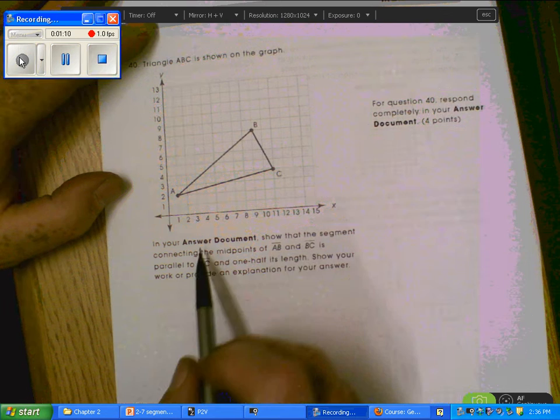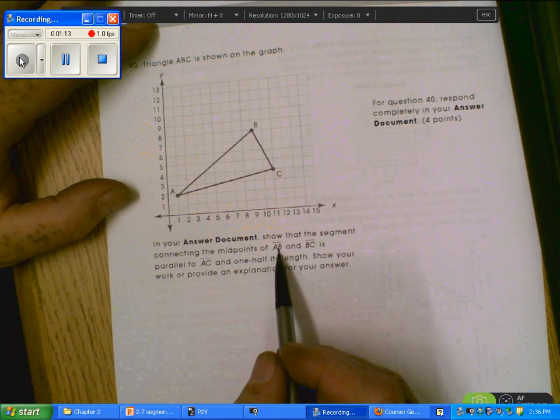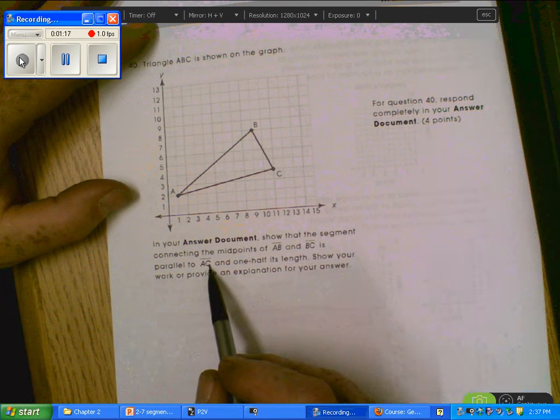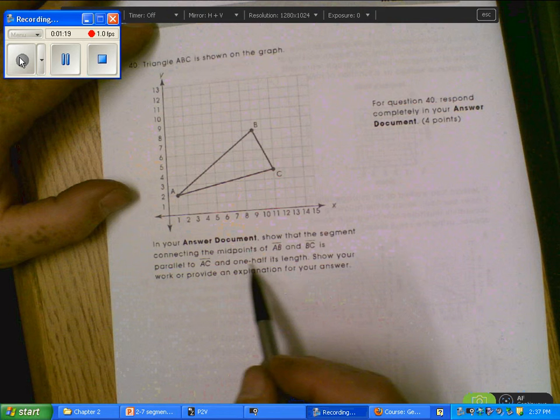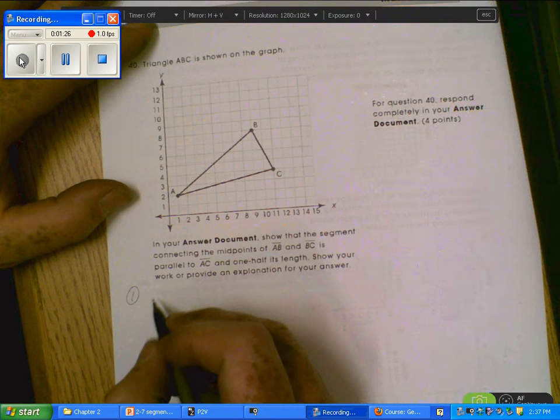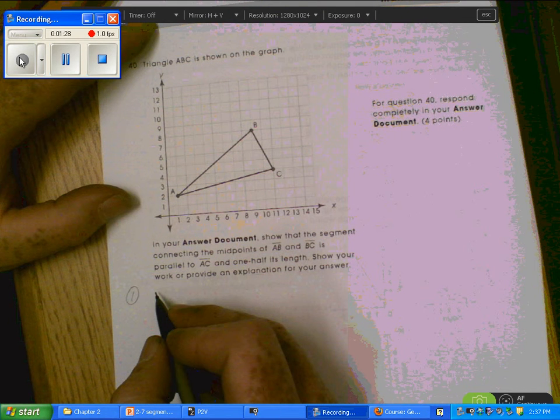Triangle ABC is shown in the graph in your answer document. Show that the segment connecting the midpoints of segment AB and segment BC is parallel to segment AC and 1/2 its length. Show your work. Provide an explanation. So we've got to show that the midpoints connecting those